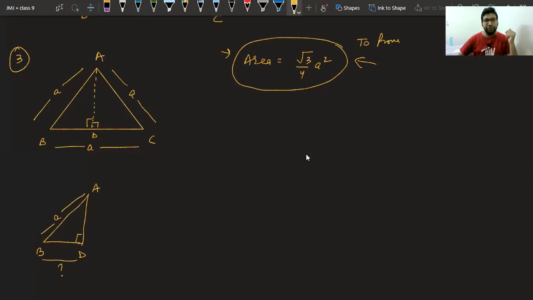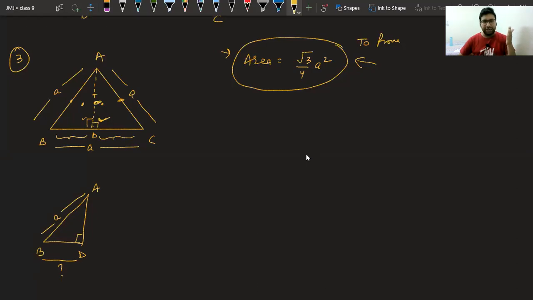Ayush, correct? If you observe these two triangles, triangle ADB and ADC, can we prove them congruent? This side AD is common, this angle equal to this angle, and this side AB equal to AC. So by right angle, hypotenuse and side, these two triangles are congruent, and we can say by CPCT BD equal to DC. Class, if two triangles are congruent, can't we say by CPCT BD equal to DC?